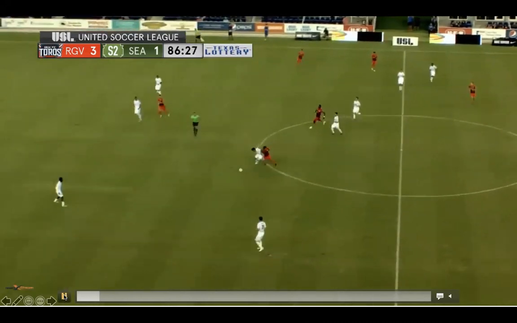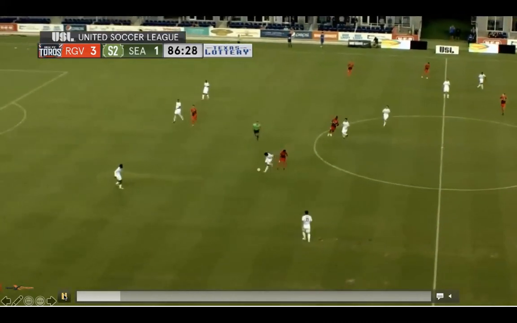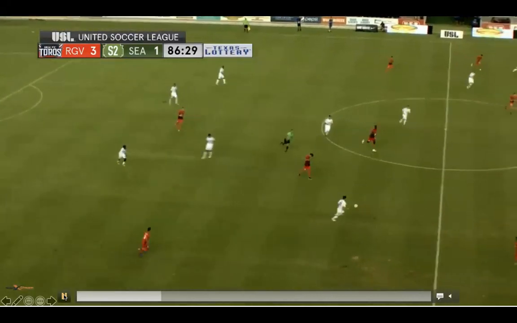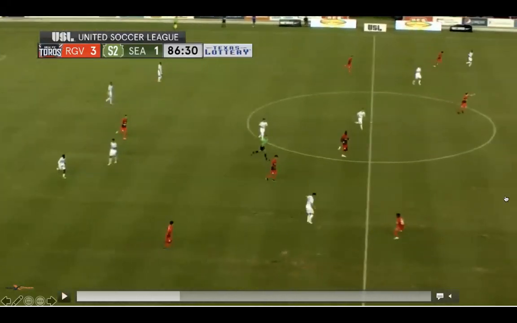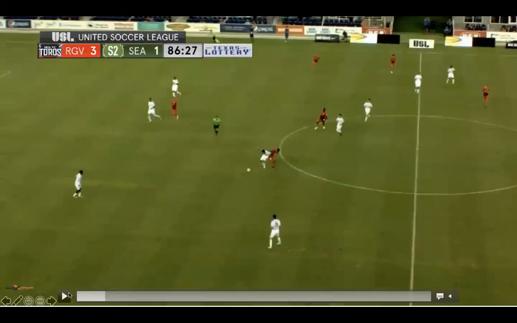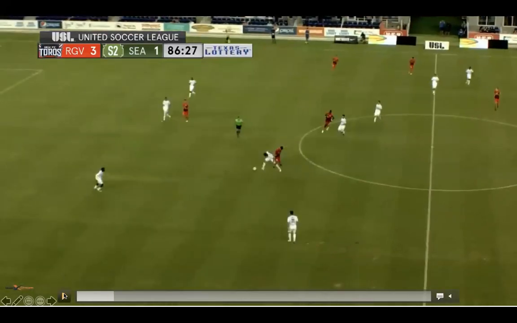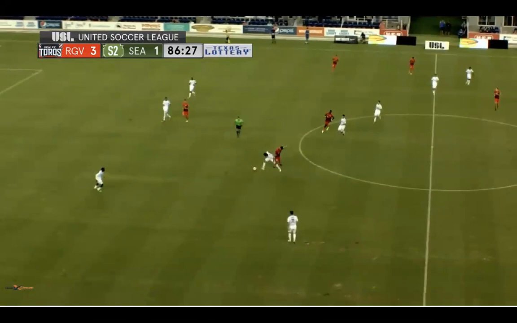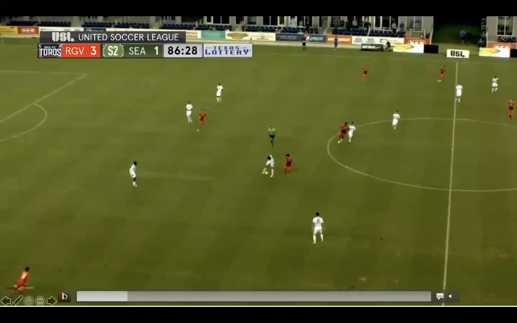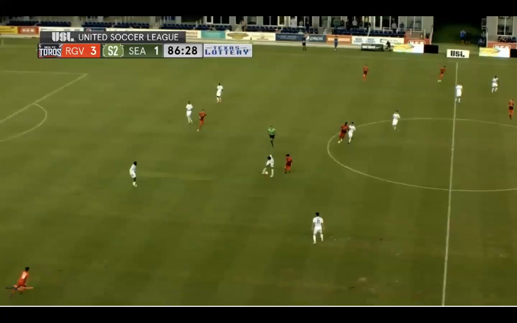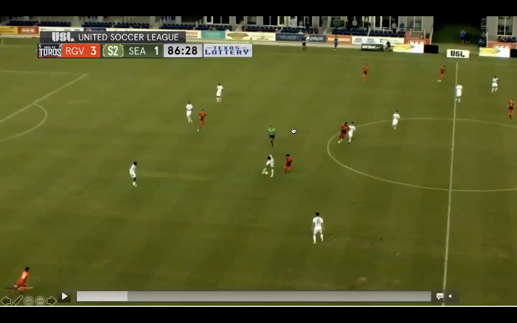Why would you make him try to play through that? The referee applies a wait and see, allows him to get fouled, plays there, and then recognizes this guy has nowhere to go. So the safer thing to do, particularly in the 87th minute in a 3-1 game, is if you've got a player in midfield being driven backwards, facing their own goal, being fouled, just call the foul. So much easier to just call the foul here. There's no reason to even wait and see, because there's no chance anywhere in this scenario that anybody has the things that are present for advantage.